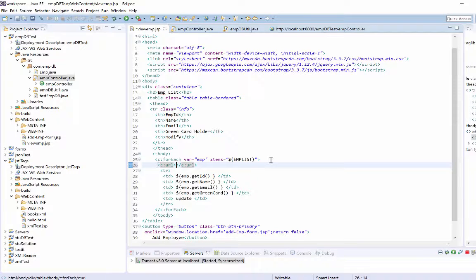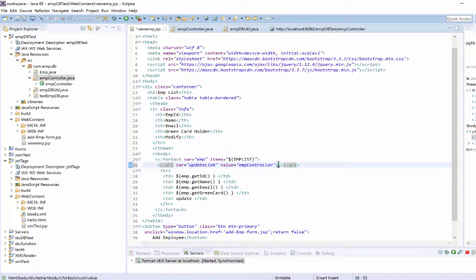So we'll start with creating the link. So we are going to give a variable name for this link. I'm going to call this as updateLink, and the value for this link is it's going to connect to the employee controller,